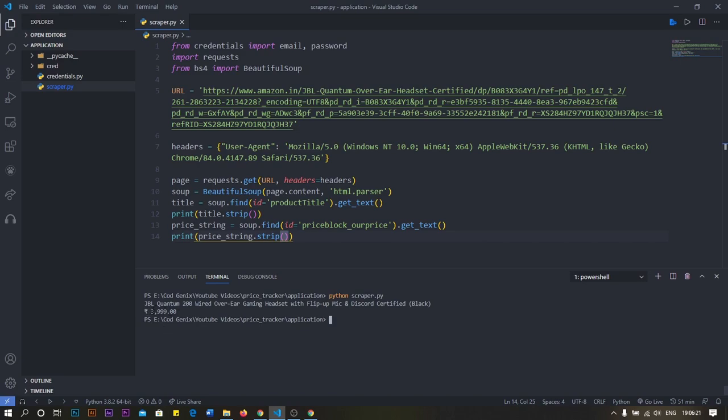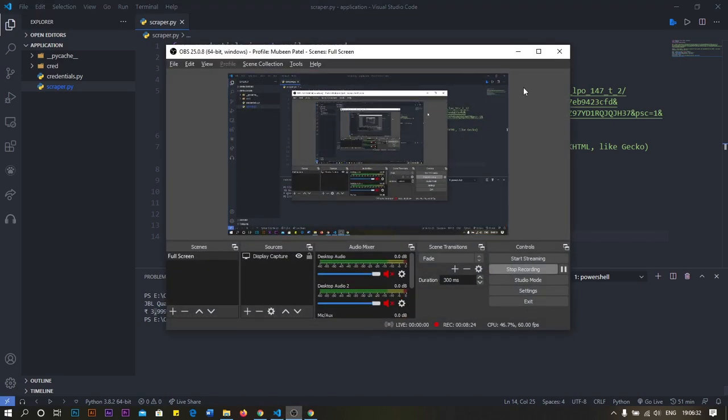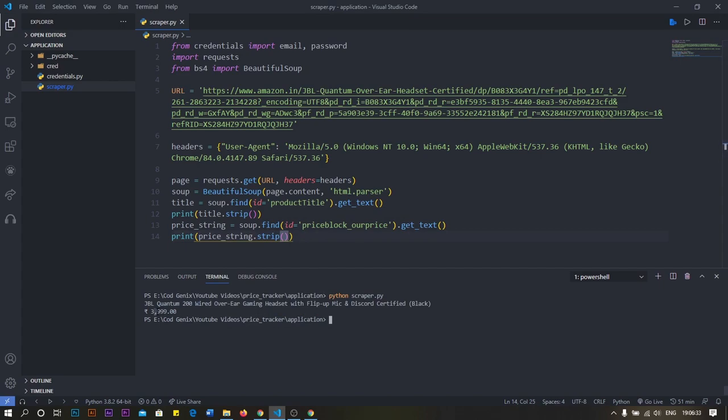So now what we have to do is remove this comma sign, because while converting this to an integer, it will give us an issue. To do that, we'll create a temporary variable. So temp equal to, now we have to replace this comma with nothing, right? We have to just remove the comma.